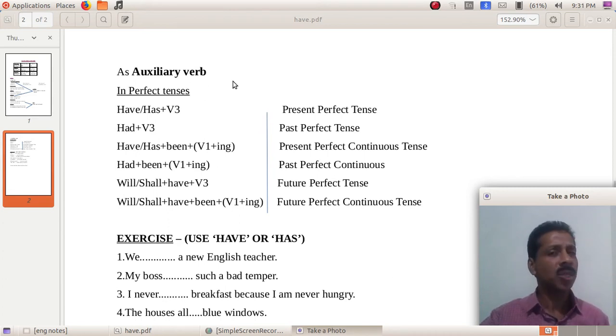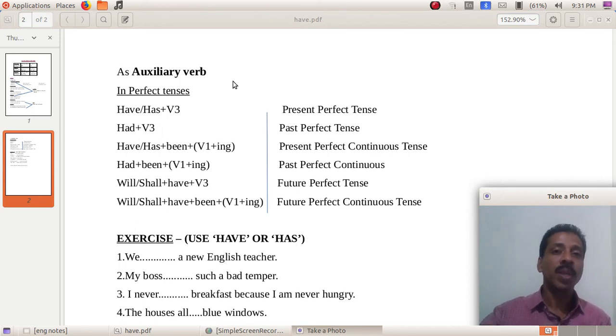And what's the function of an auxiliary verb? No doubt, the function of an auxiliary verb is to help a main verb to form a particular tense, to give particular ideas to that tense. And we know that an auxiliary verb cannot stand alone. It is the function of an auxiliary verb, as the name indicates, to help. It's a helping verb, helping the main verb.